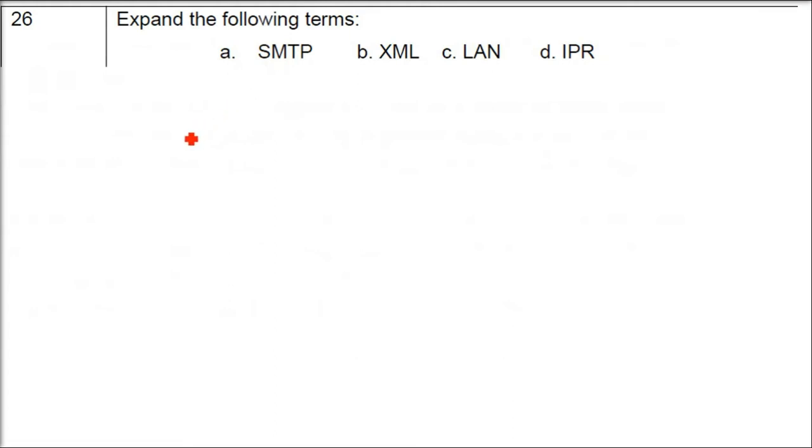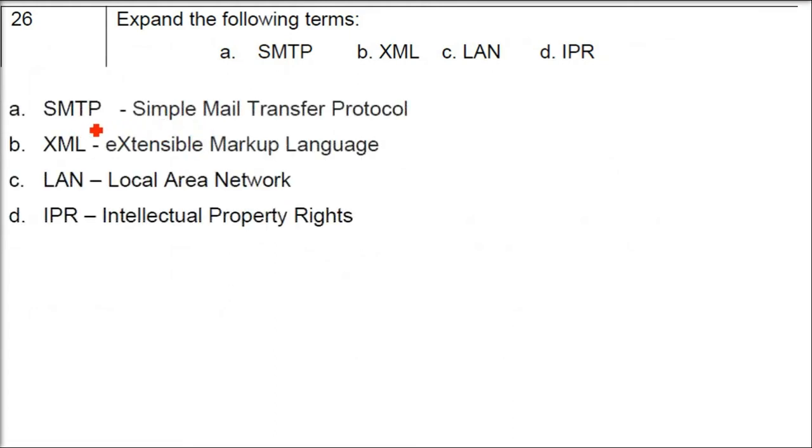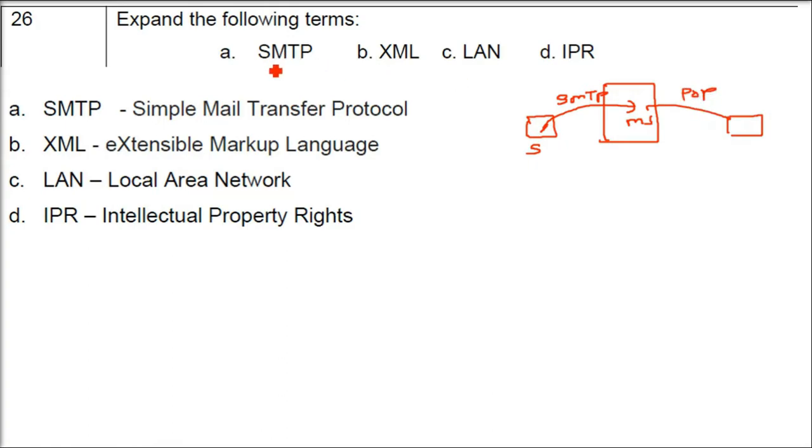Explain the following terms. Now the full form is in front of you. You just have to write the full form, but expand it. But I'll give you an idea about this. SMTP is Simple Mail Transfer Protocol. So whenever you type a mail, you send it. It will be sent to the mail server. Who does that? SMTP does that. The retrieving of the mail by whomsoever you have sent it to, which protocol does it? POP, Post Office Protocol.